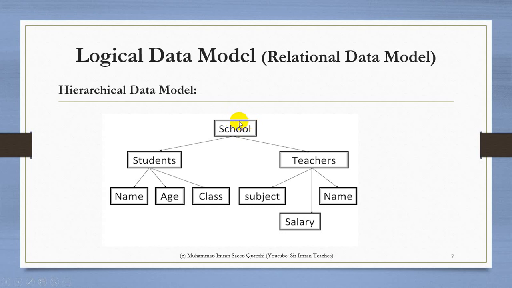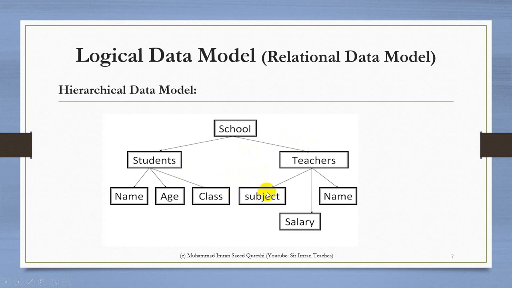One entity class on the top, then some other branches, and those branches had the other entity classes. So in this way there were different hierarchies, and we were supposed to keep our entity classes in these hierarchies. But the issue was, in the hierarchical data model, we were not able to join a child